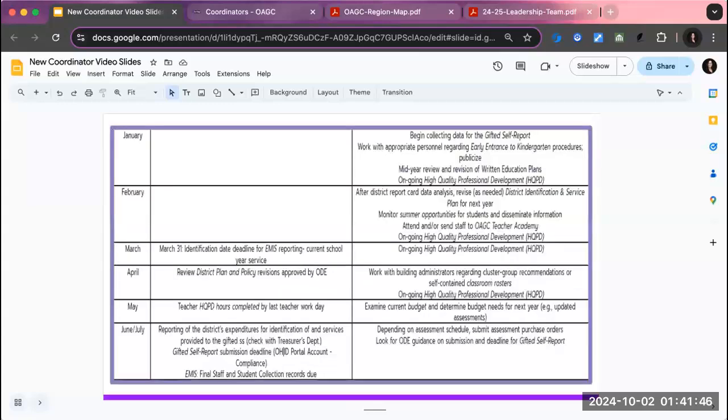In second semester, you'll want to do a mid-year review of any of your written education plans and report any progress to parents. You'll also want to be sure that you are aware of the March 31st identification date cutoff. That's not when your data has to be reported to the state, but any students that are newly identified after March 31st will not be accountable for the current school year on your district report card. So that March 31st date, any students that are identified up through March 31st will be accountable for that school